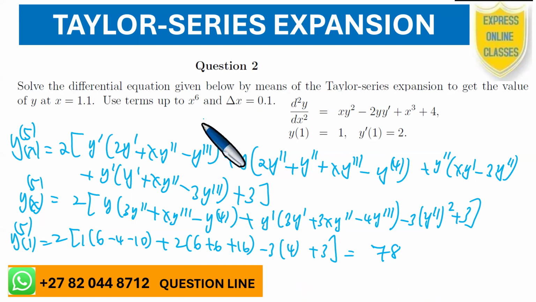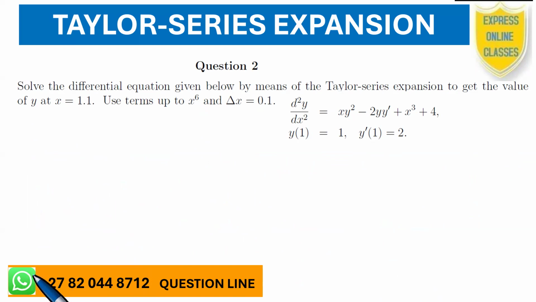We're not done because we must go to x to the power 6. So we must differentiate this one more time. We differentiate from this step. Find the derivative of each of the terms. It's a long thing, but it is the following. We've got the fifth derivative, but if we differentiate it once more, we're going to get